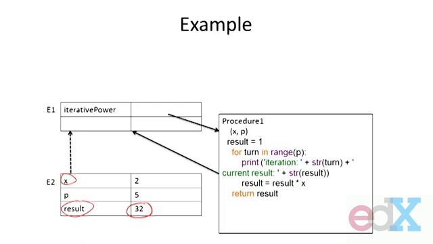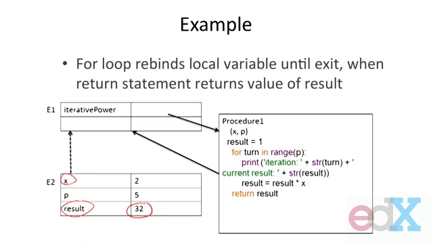And what that says then is that the loop rebinds that local variable until we get to the exit, until we're done and we hit that return expression. And return says look up the value of result in this environment, because that's where I'm doing the computation for the procedure. There it is. That's what's actually returned. Cool. That's exactly what